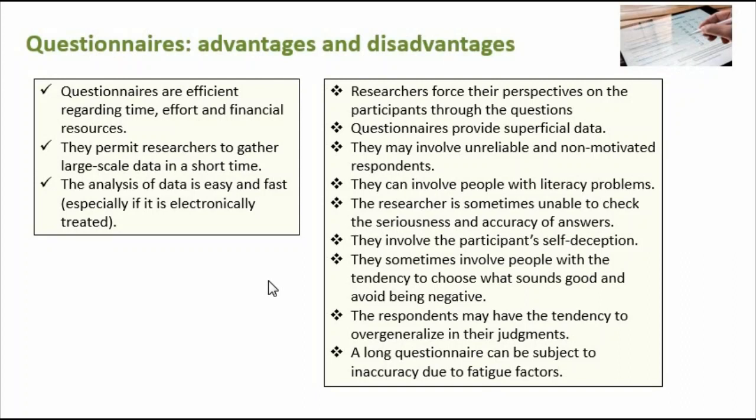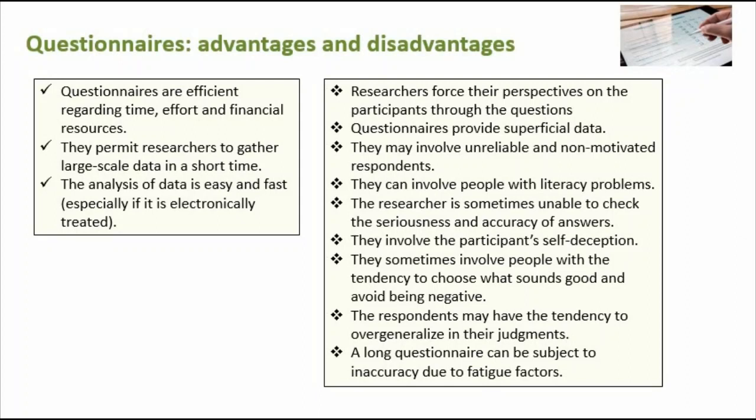The third weakness is that questionnaires may involve unreliable and non-motivated respondents. Here, the respondent may not say the truth. If you want to check the performance, for example, of a respondent on a given skill, or to ask them about their proficiency in a language, if a respondent gives you an answer, this does not necessarily mean that this answer is true. And here, other tools like tests would be better. Also, the respondent may not be motivated to participate or to take the questionnaire, and this will influence the quality